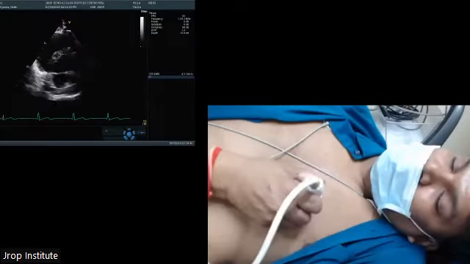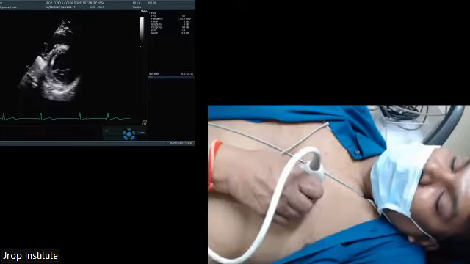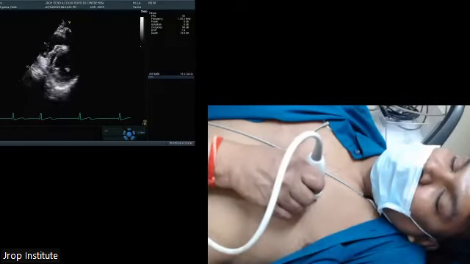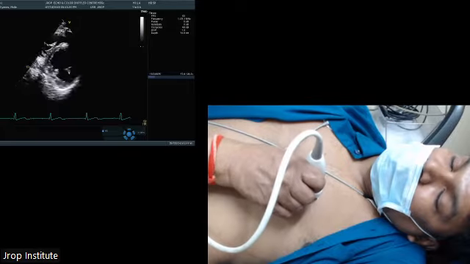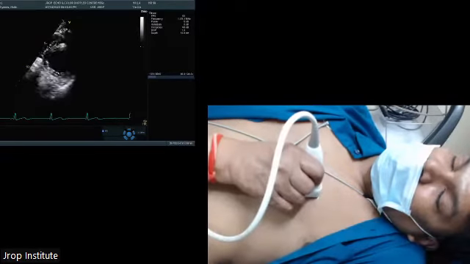Now tilting the footprint of the transducer back to the mitral valve, then gradually towards his left hip. If I'm going towards the left hip, what I'm going to get is the papillary muscles on both sides, and finally the